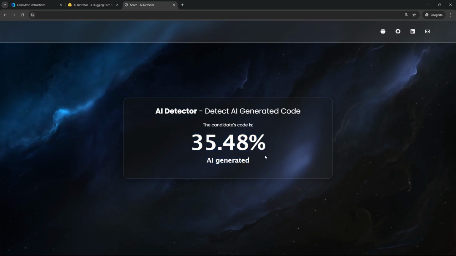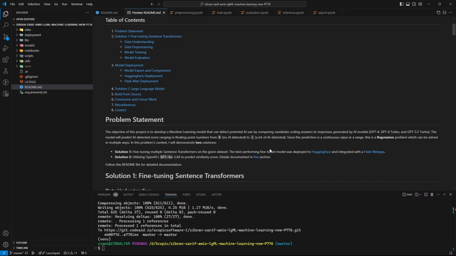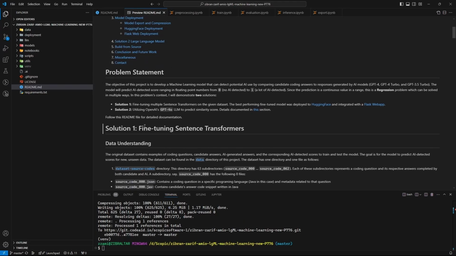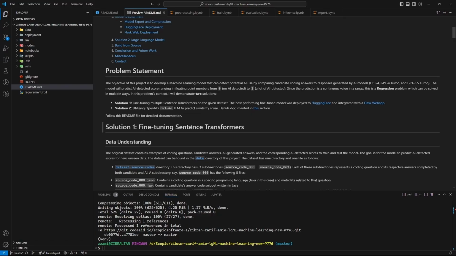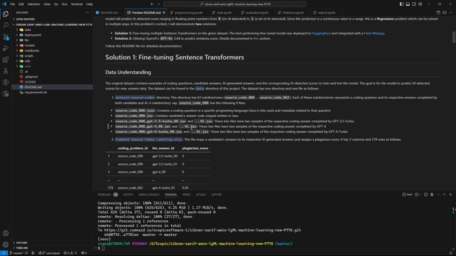Now let me go back to my documentation. So what I showed was the first solution to the problem. I also implemented a second solution utilizing OpenAI's GPT-4 large language model to predict similarity score. So let me start with the first solution, which is fine-tuning sentence transformers. Now, as the first task asked me to understand the data before proceeding, I have documented all the details